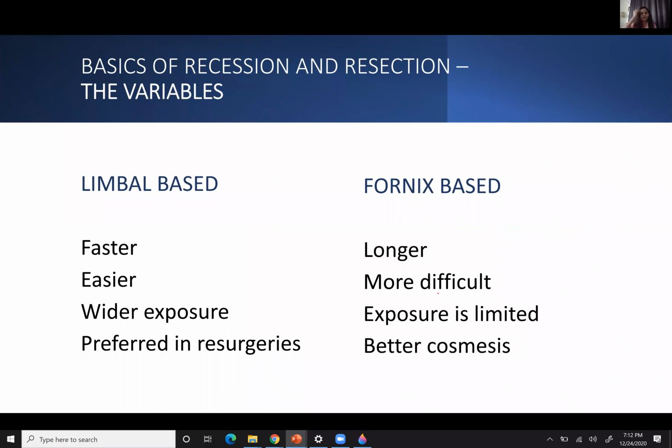So coming to certain basics of recession and resection, there are several variables, meaning some do limbal-based surgery, some do fornix-based surgery. I'll also come to other variables which can be seen in recession and resection. So what are the advantages of limbal-based surgery? You can do it very fast, and it's relatively easier because once you cut the limbus,